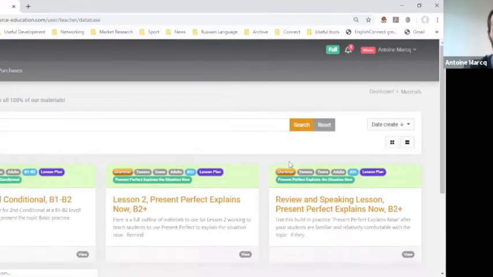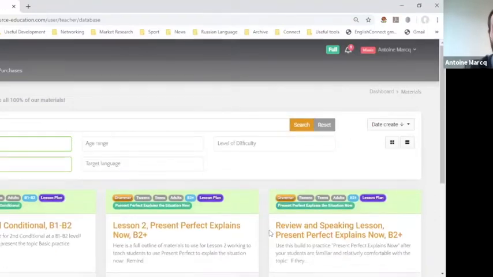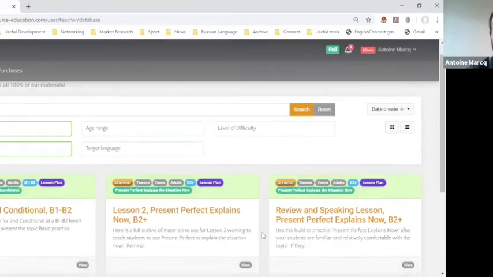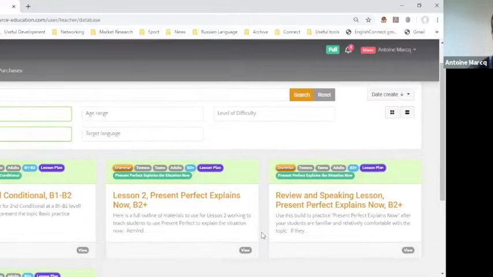So we've started developing these lesson plans. These are going to be detailed lesson plans with links, direct links to activities to teach online. And we're starting right now with mainly grammar topics, but we are going to expand to a lot of other topics. The whole idea here is really to give you lesson plans that are ready to go with direct links to the activities that you need. You don't need to follow these lesson plans. These are just the way we would teach these things.